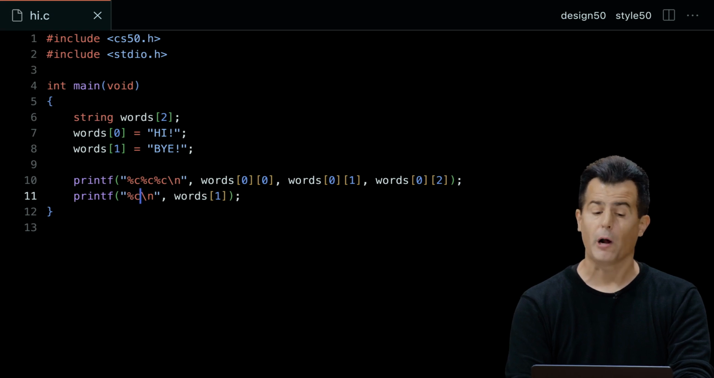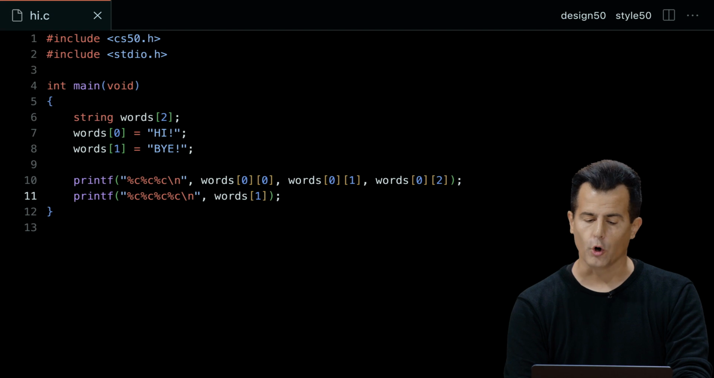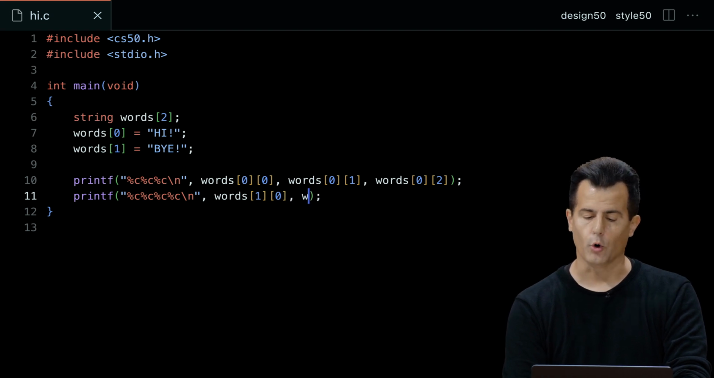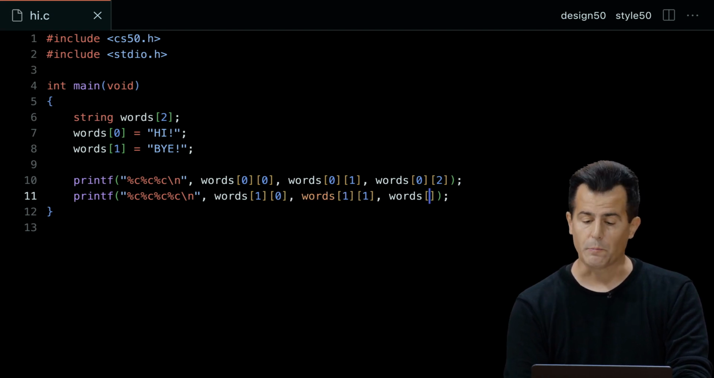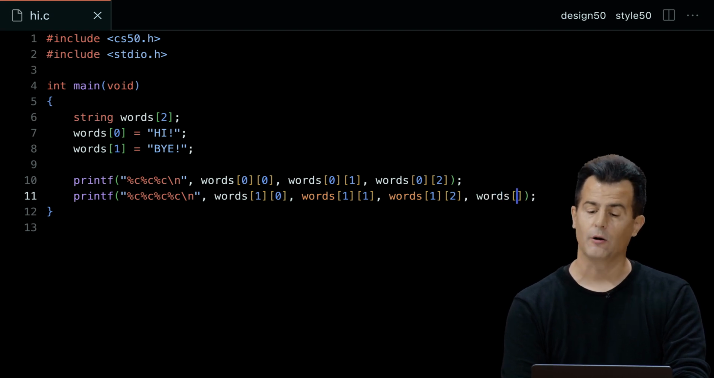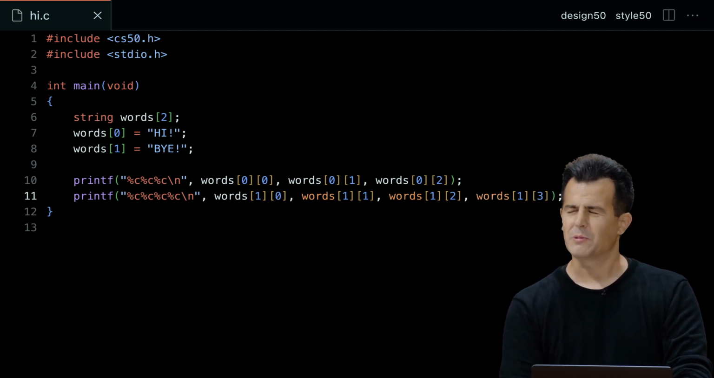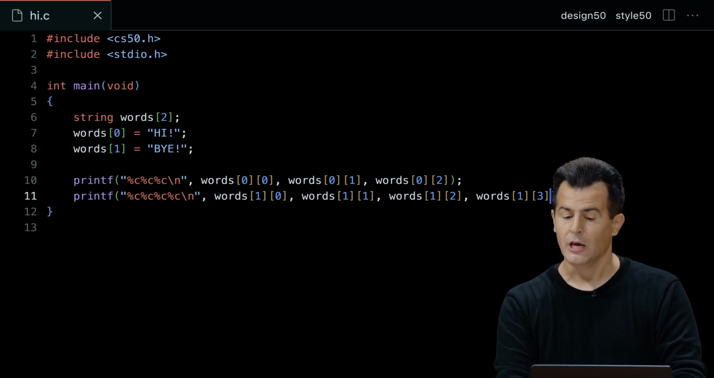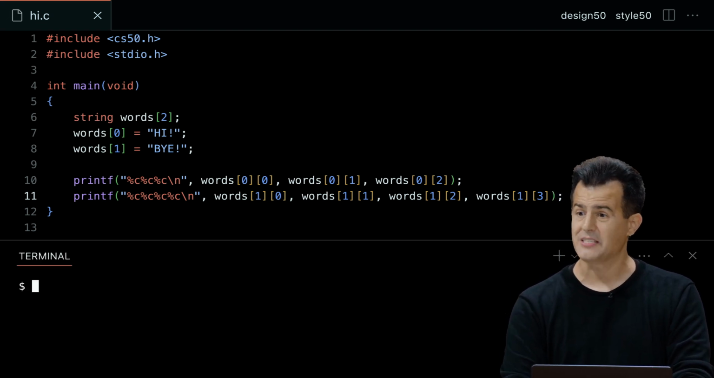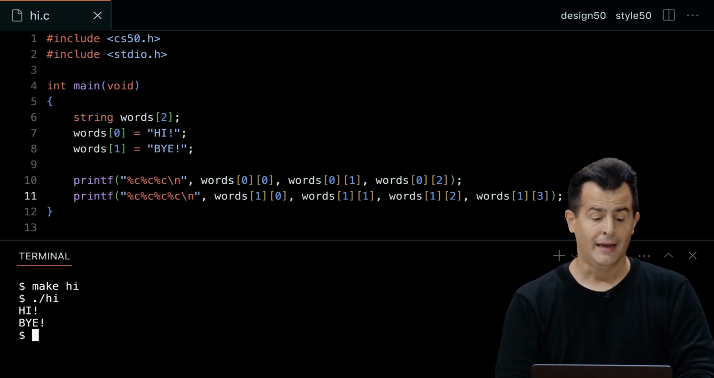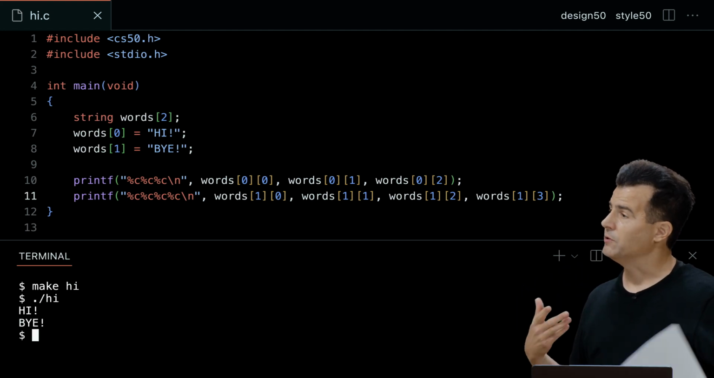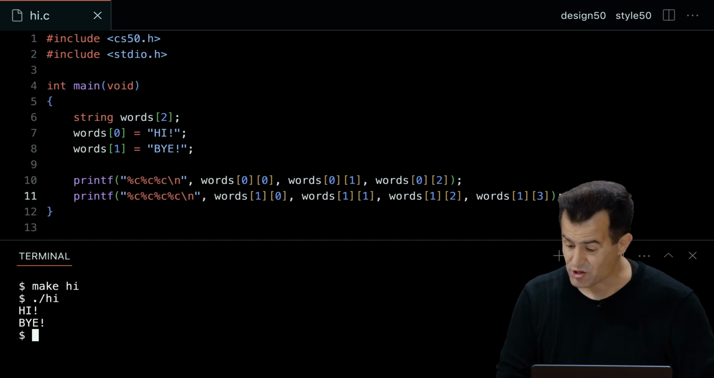So again, this doesn't really solve a problem. It just demonstrates what's going on. Here's a 4-letter word. Let's change this to words[1][0], words[1][1], words[1][2], words[1][3]. So again, not something that's really compelling to use, but it does demonstrate that there's no magic. All that's happening is %s is saying, go print a bunch of characters until you see the \0. %c is letting me manipulate these things manually. So make hi, ./hi, exact same thing as before, by just building on the assumption that these strings are really